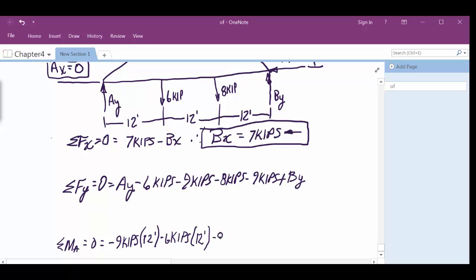Minus 8 kips times 24, minus 9 kips, which is right above it,